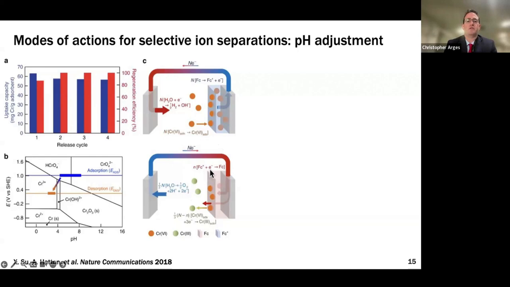They'll reduce the ferrocenium to ferrocene. That'll release the chromium-6. You'll have water oxidation occur at the other electrode. So instead of generating base and hydrogen, you'll generate oxygen and acid. This acid can convert this chromium-6 down to chromium-3. So we can use these Pourbaix diagrams to sort of inform a separation strategy. And the thing with chromium-3 versus chromium-6 is that it's much more benign in the environment. It's not as bad as chromium-6.